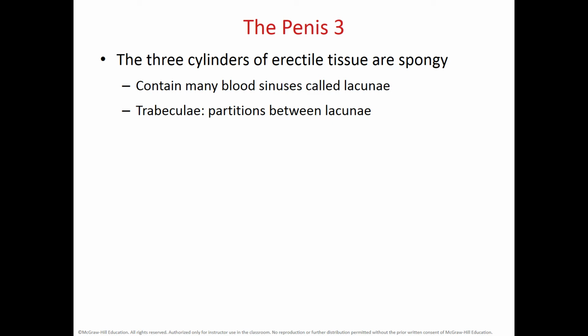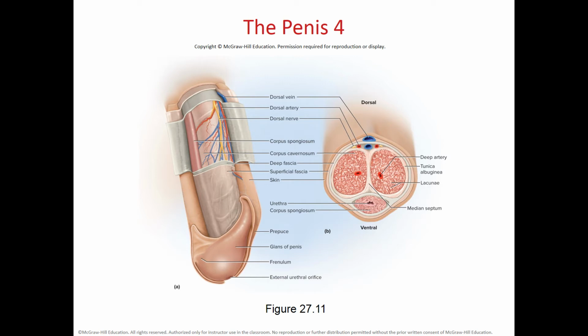The three cylinders have erectile tissue, and especially within the corpora cavernosa, you have these blood sinuses that are called the lacunae, and then you have partitions that are called the trabeculae. You also have that in the spongiosum, but these are more prominent within the corpora cavernosa. So this is a cross section, so you can see the structure of the corpora cavernosa here in the dorsum of the penis,